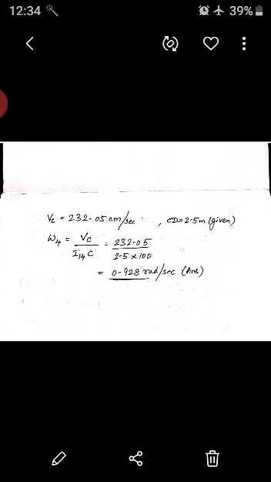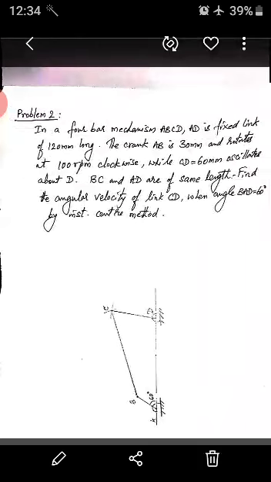So these are the two questions. A very common way of asking in a 4-bar mechanism is always like this: the angular velocity of link 3 and the angular velocity of link 4 will be asked. Sometimes only the velocity of point C and the angular velocity of link 3 will be asked. So it's all the same, the procedure is the same. Is it okay? Now we'll go to problem number 2.